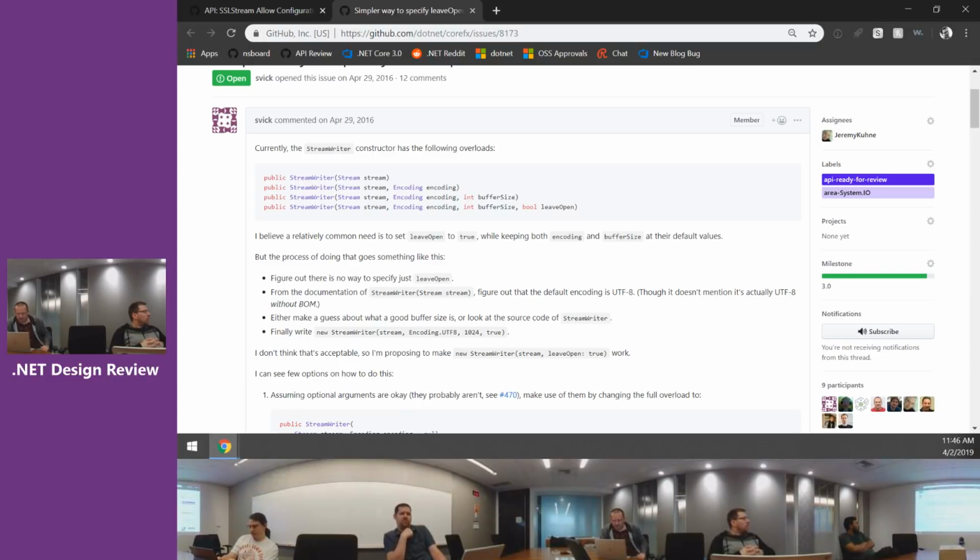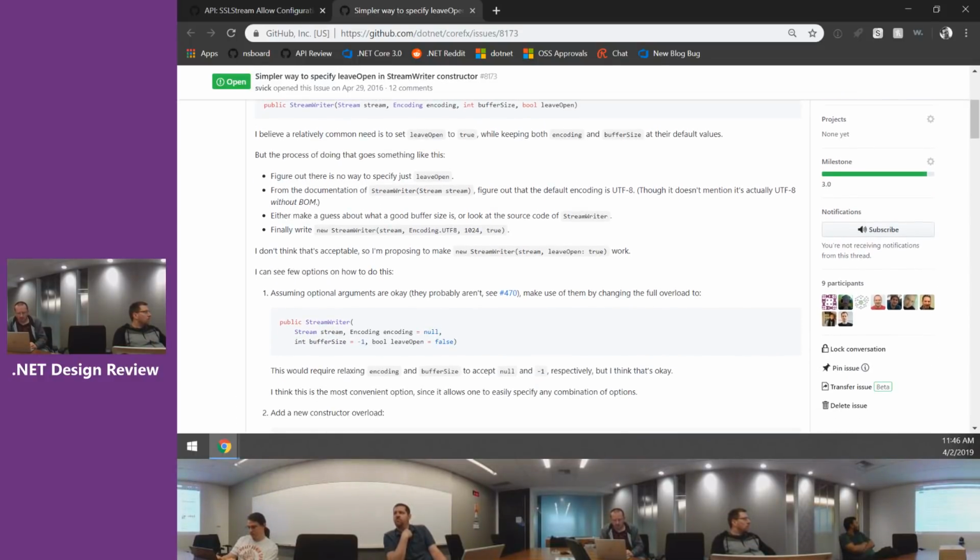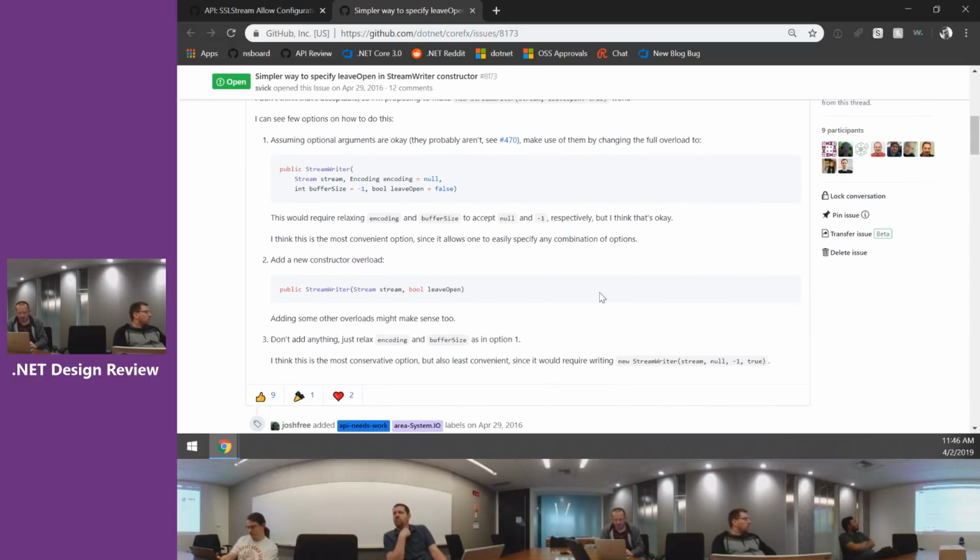It's just when you do want to use it, it's a pain in the butt because you end up looking at the source code and trying to replicate what the encoding and buffer size are if you haven't set them. Unfortunately, our existing constructors don't make it easy to add an additional constructor because it would butt heads with StreamReader, which takes a true,